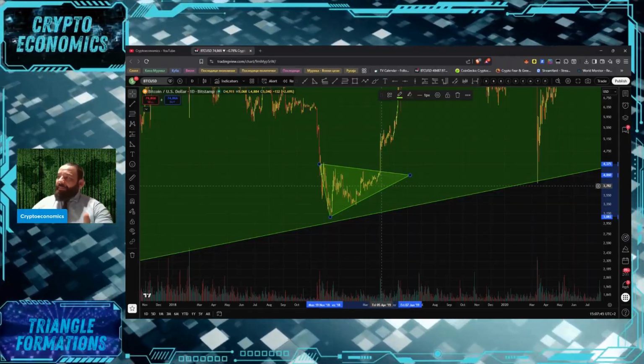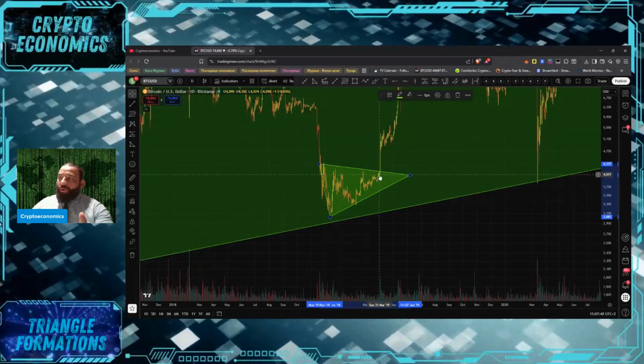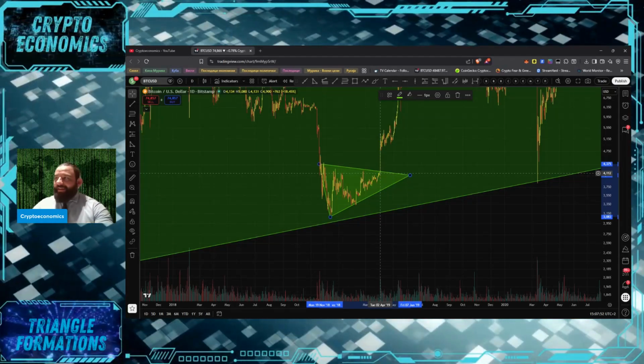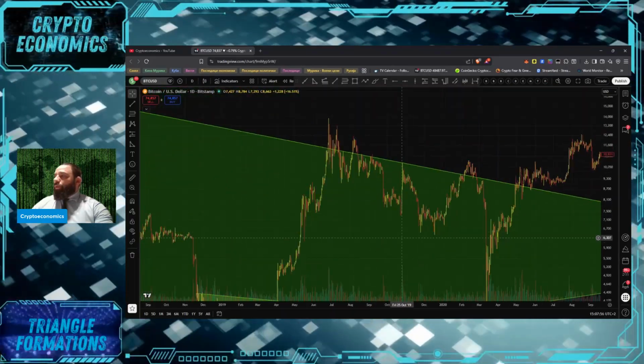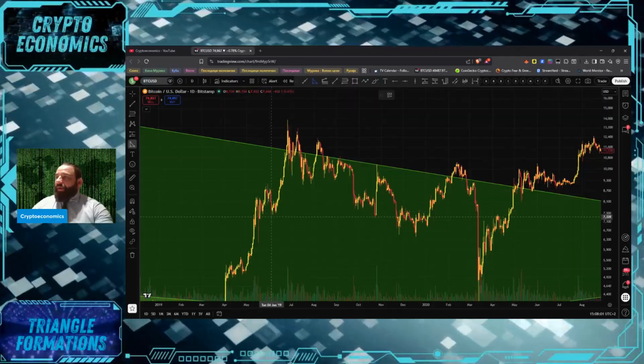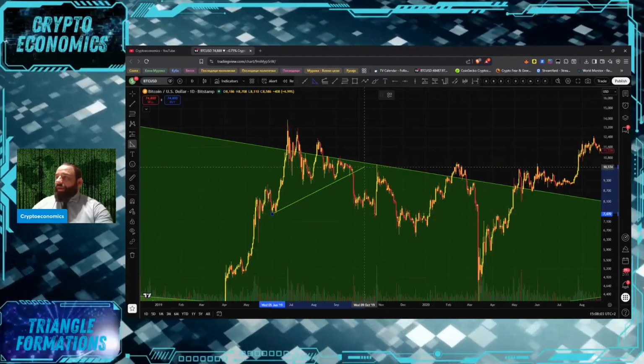It did manage to fulfill 70% of the body of the triangle. And the moment it broke through, you know that the price is ready for the next swing. Now, if we go onwards, we can see similar situations like that. For example, this triangle over here, we can see how this triangle